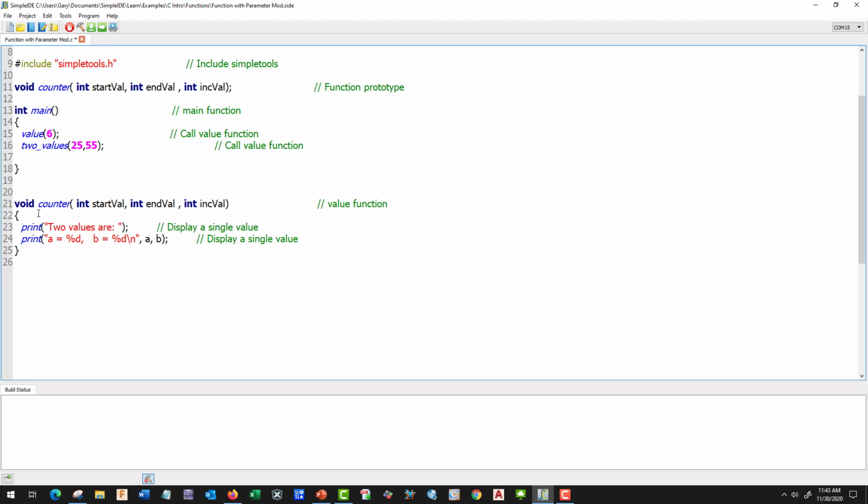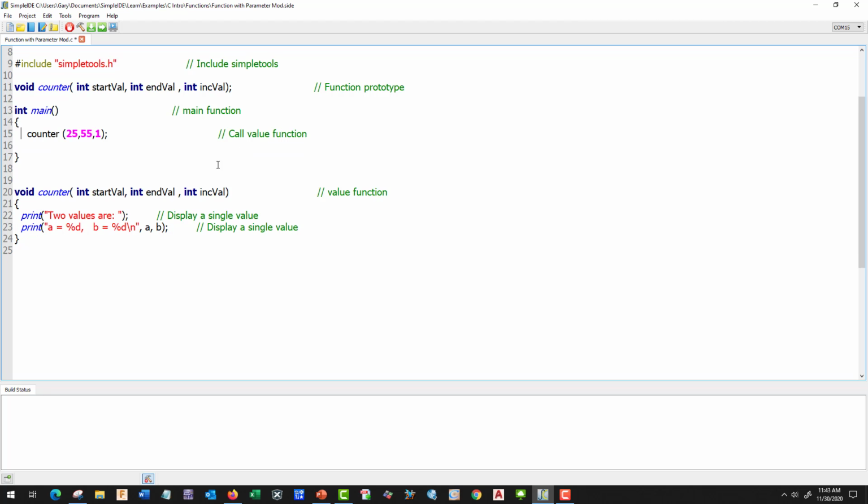And we're going to need a counter function here. Let's see here. We're going to start at 25, end at 55, and we're going to go up by 1. Now that's good for now. We don't need this function value. And so let's go ahead and add our counter here. So we have for